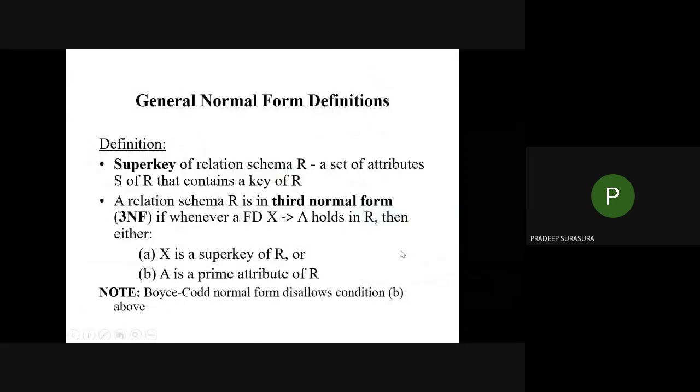Right now, if I have a pseudo transitive dependency, X determines A and A determines Z. If I have it like this, I will check the first dependency, X determines A. When I observe X is equal to my key, this FD will satisfy third normal form. But A determines Z, if I observe A is a non-prime attribute, so certainly that would violate third normal form, like that. So there are two conditions, and when any one condition is satisfied, third normal form will be satisfied.